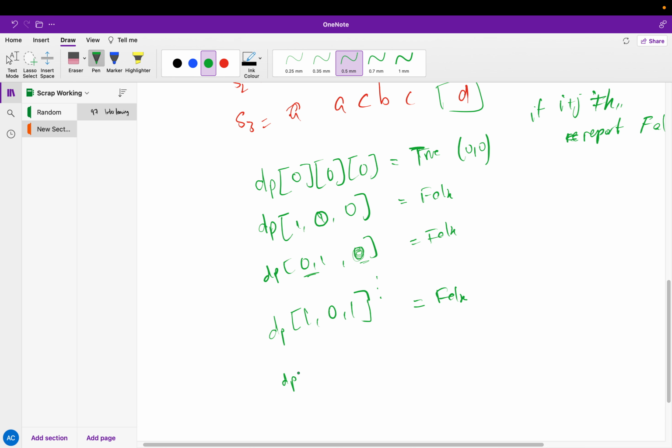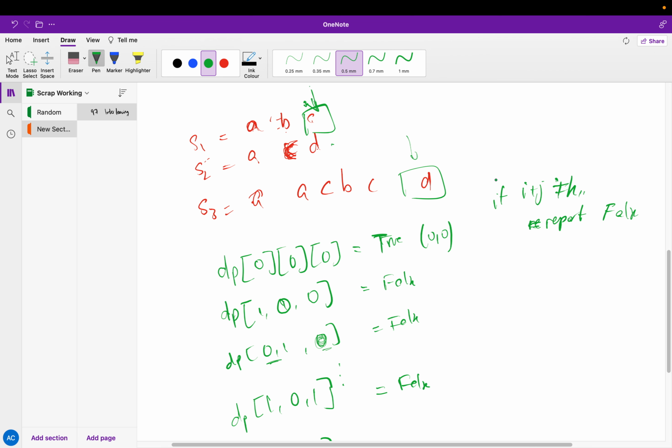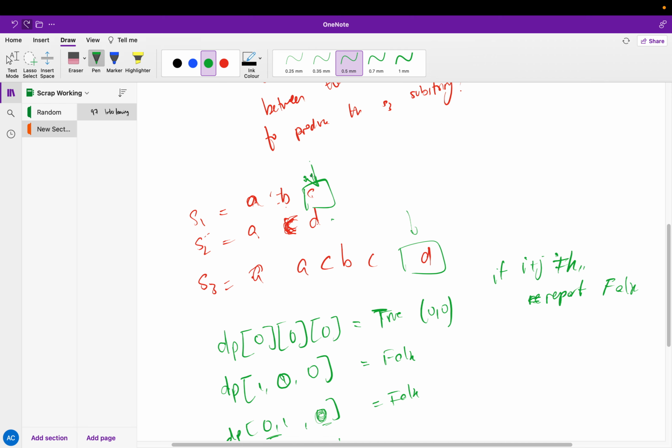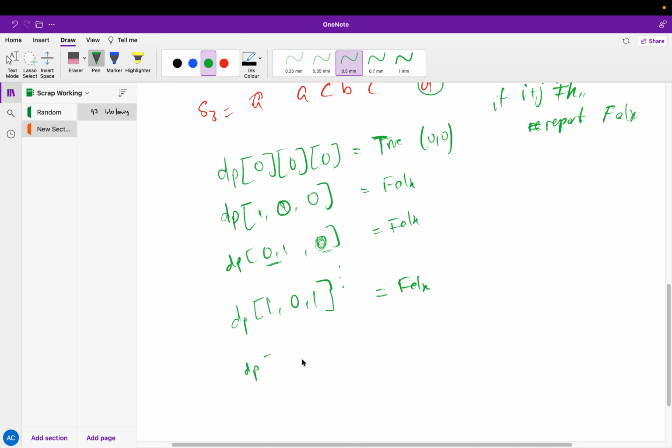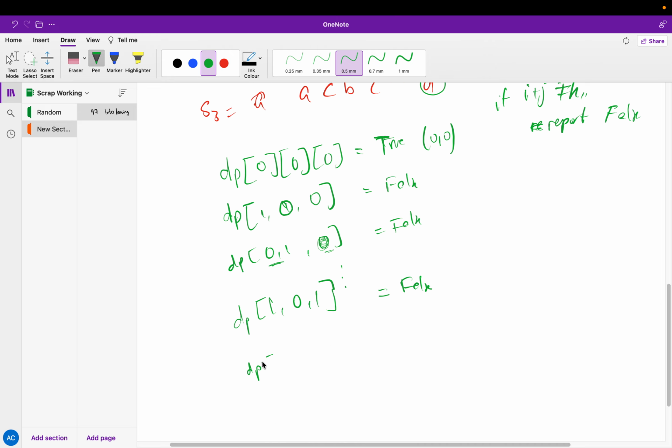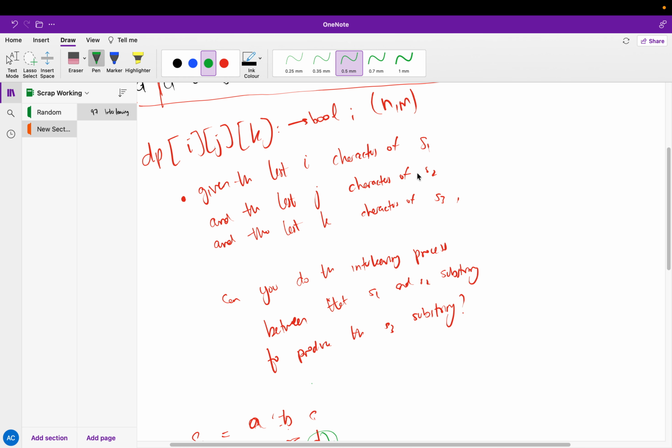Then you have DP011, which again follows the sum thing. Oh, I didn't mean to erase the C. So now we have U and U, and they match, so that should report true. So DP011 is true, and I feel like I need to bear in mind that